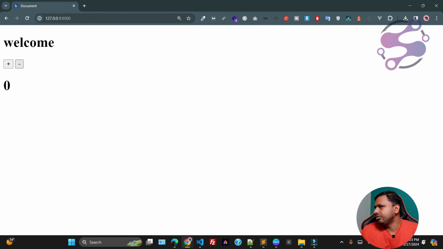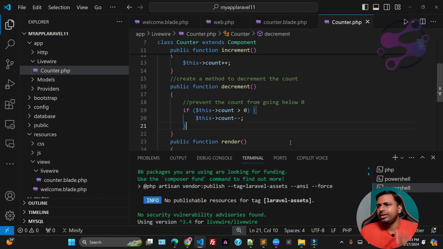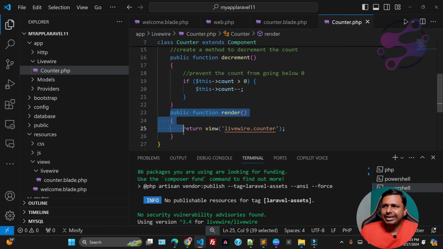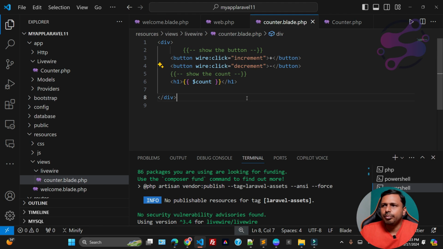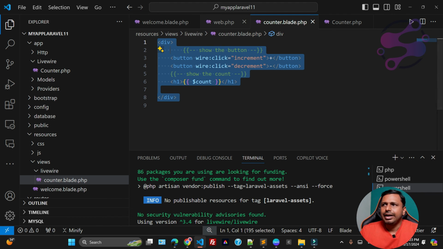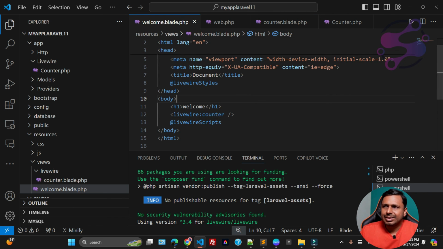In this way you can use Livewire in your project. Make sure this is the render method which renders this view or component. This is the component, and you are using this component inside your welcome.blade.php, which is the default file that comes with Laravel 11 or other Laravel versions.